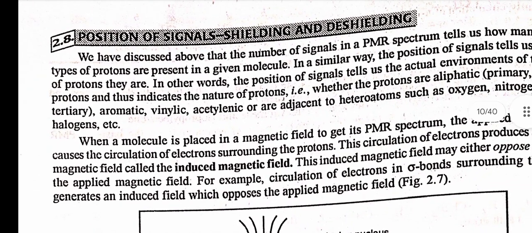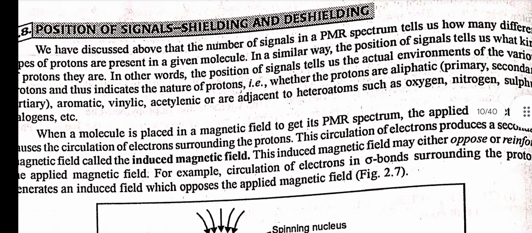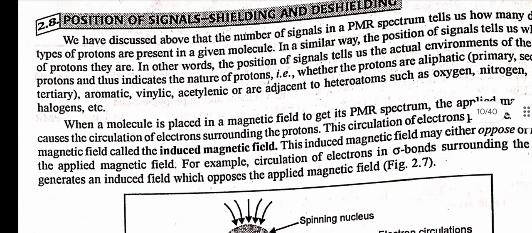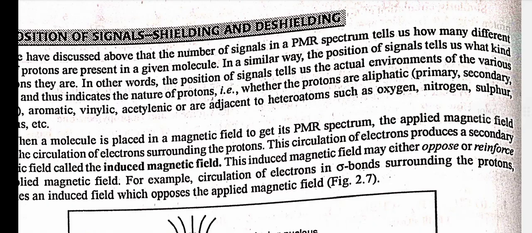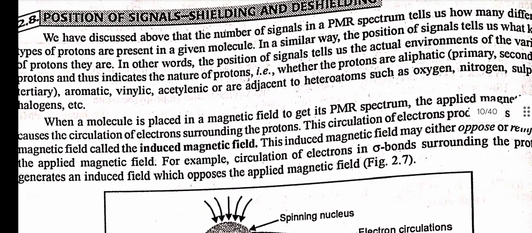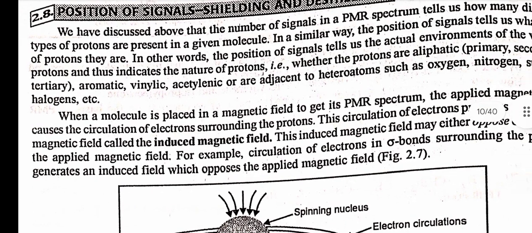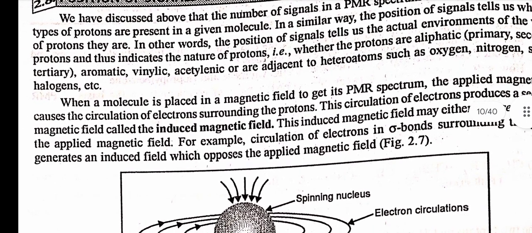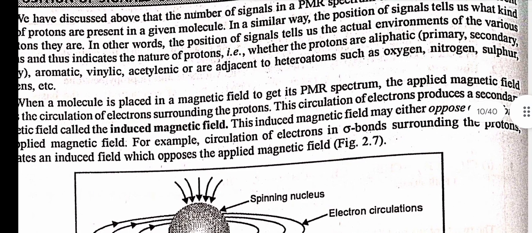Position of signals, shielding and de-shielding. We have discussed above that the number of signals in a PMR spectrum tells us how many different types of protons are present in a given molecule. In a similar way, the position of signals tells us what kind of protons they are. In other words, the position of signals tells us the actual environments of the various protons and thus indicates the nature of protons, whether the protons are aliphatic, aromatic, vinylic, acetylenic, or are adjacent to heteroatoms such as oxygen, nitrogen,